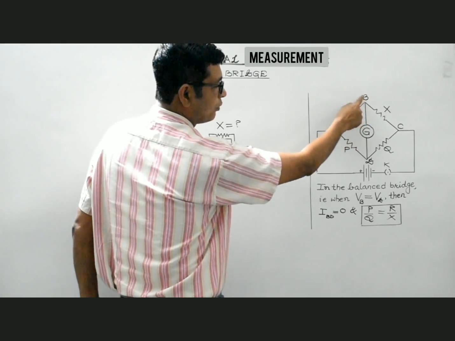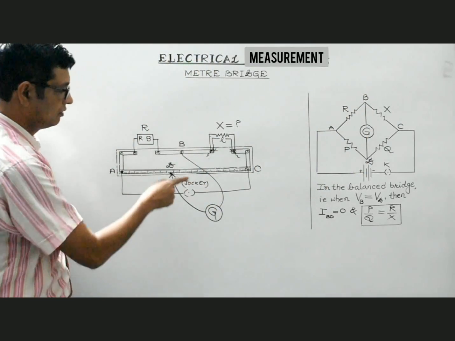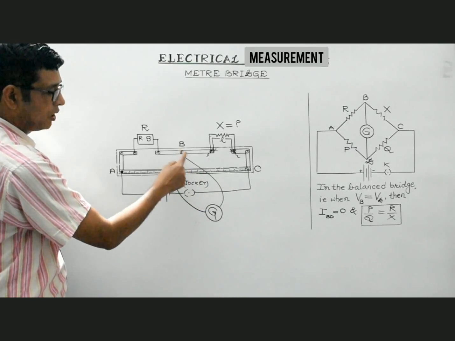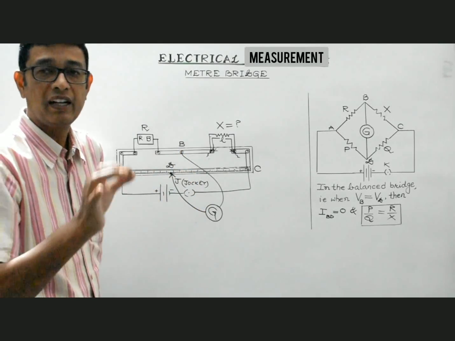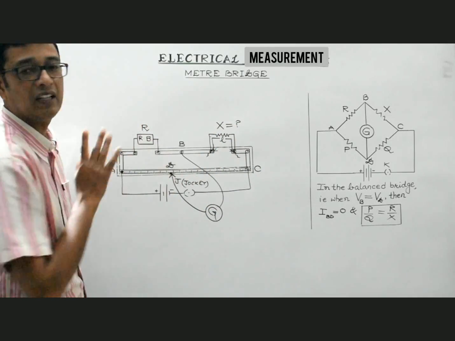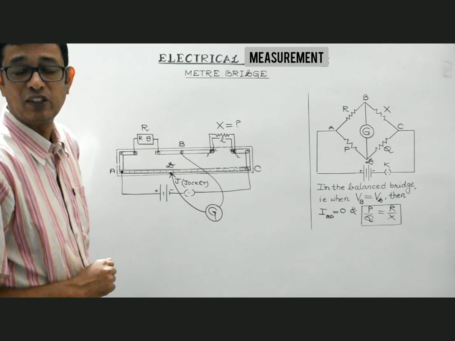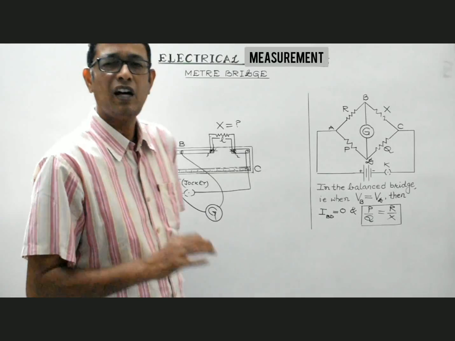Galvanometer, one end is connected to point B, the other end is connected to point D. Over here, this end is connected to point B, while this end is connected to the jockey. And this will be pointing at the balancing point. So D is the balancing point. Right, students? Here, I must mention,